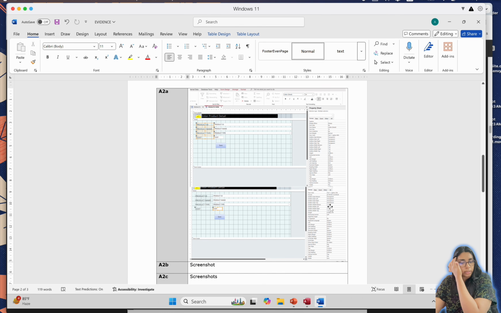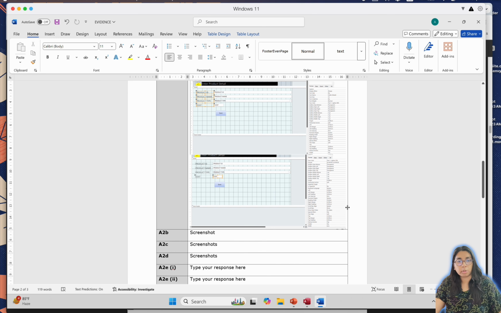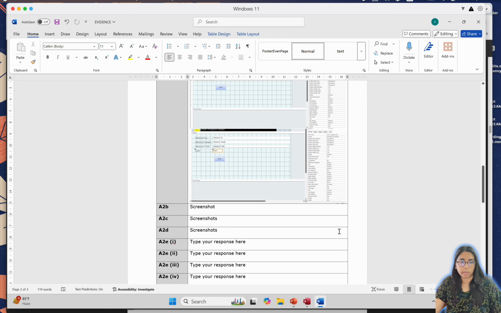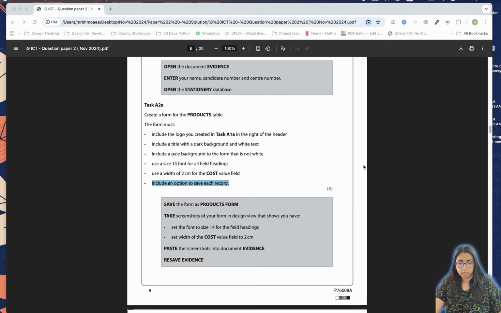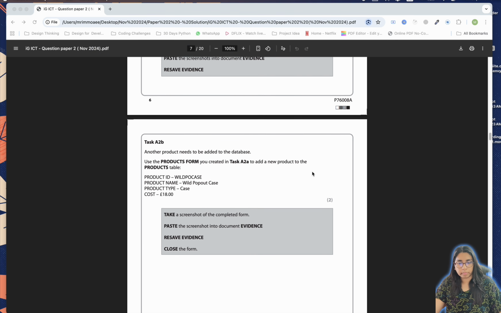So you can follow this way for the others as well. I won't go through the screenshot process. I will just show you how you can complete it. Then you can save it. Okay, so we completed this part. Then we can move to the